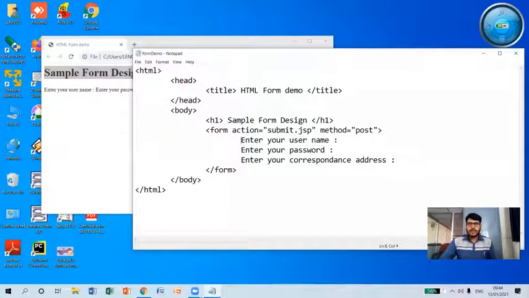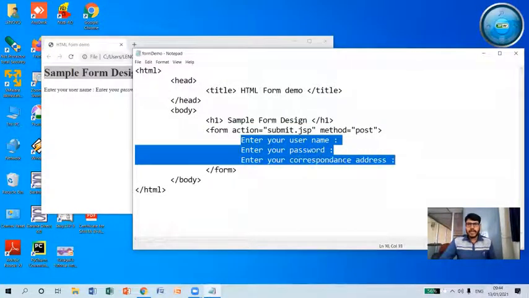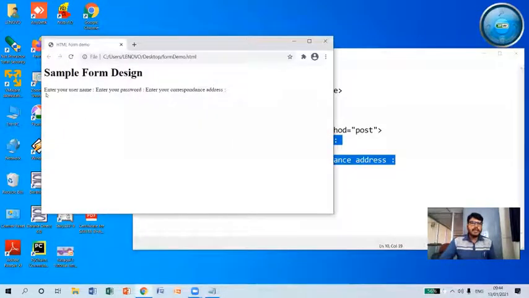I have just included certain text here, as you can observe: enter your username, enter your password, and enter your correspondence address. But in this HTML web document, it is printing continuously because HTML will not understand where it has to include a new line.